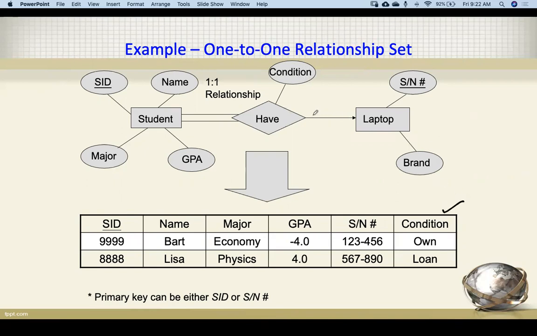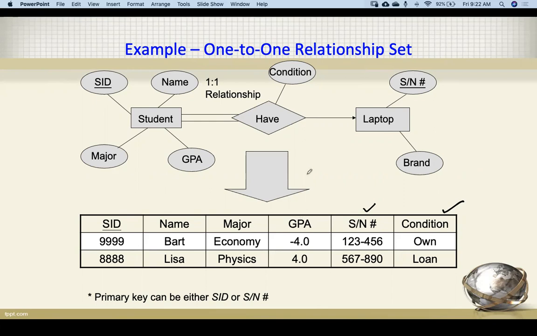Now, where we have no total participation, the primary key will be taken only from this table. All the attributes we have taken from the entity which has the total participation, so 1, 2, 3, 4, all we are putting here.